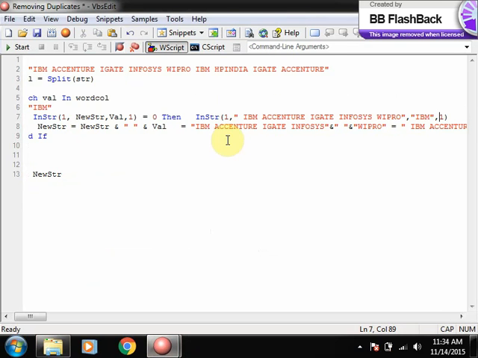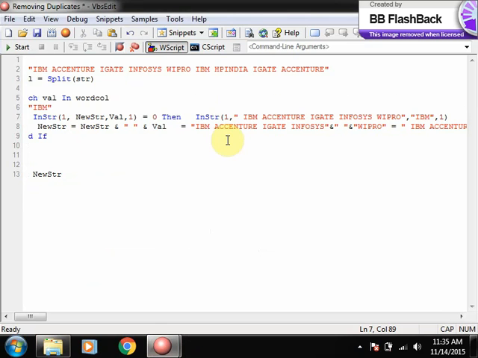So what we are doing now? We are appending the new word to new str every time, but instead of appending directly, we are writing one condition. If the word I have retrieved is not available in new str, then only append it. If that word is coming for the first time, it might not have been appended in new str earlier. If that word hasn't come before, it will not be found in